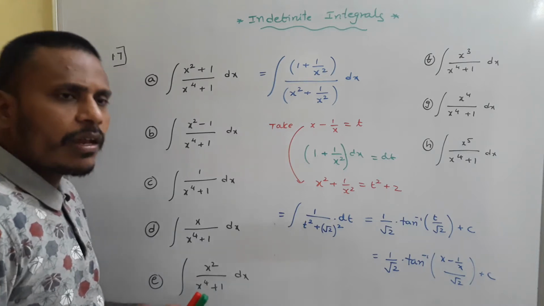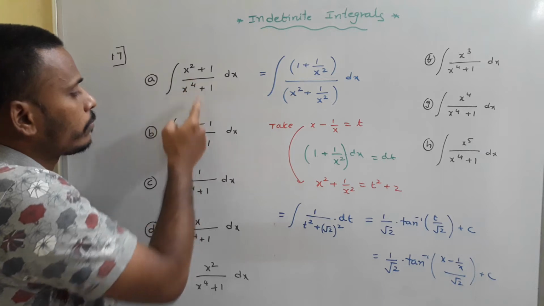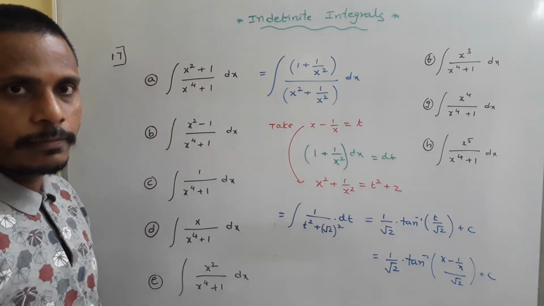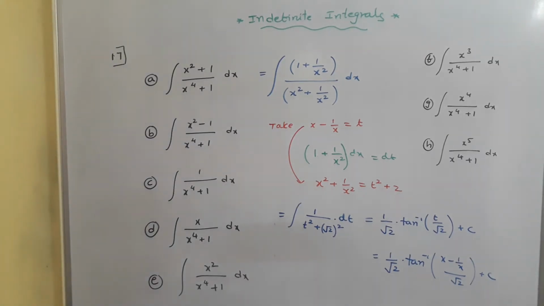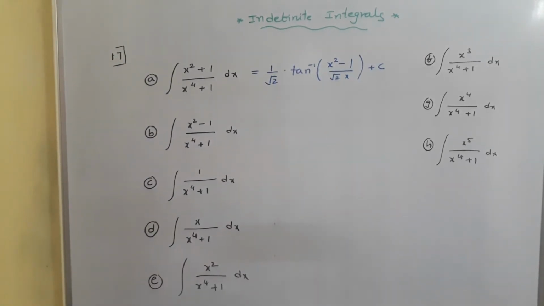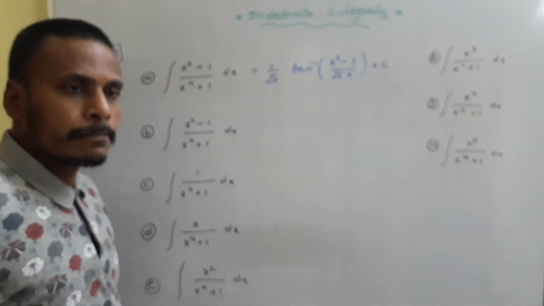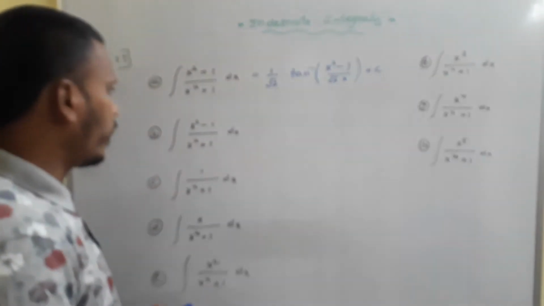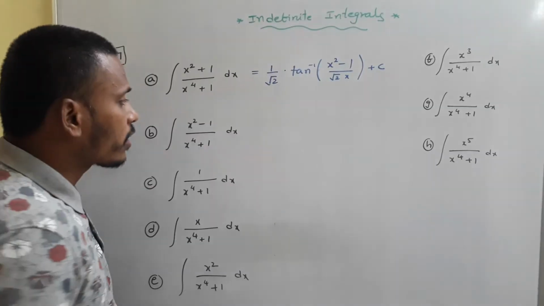Okay. In the same way, now it is easy to answer the second bit also, because look, both these bits are somewhat symmetrical, right? Similar, right? Okay. Just have a look. How to solve the second bit? See, next one. B. Integral of x square minus 1 by x power 4 plus 1 dx. Again, as we discussed for this bit A, you just divide numerator and denominator by x square.